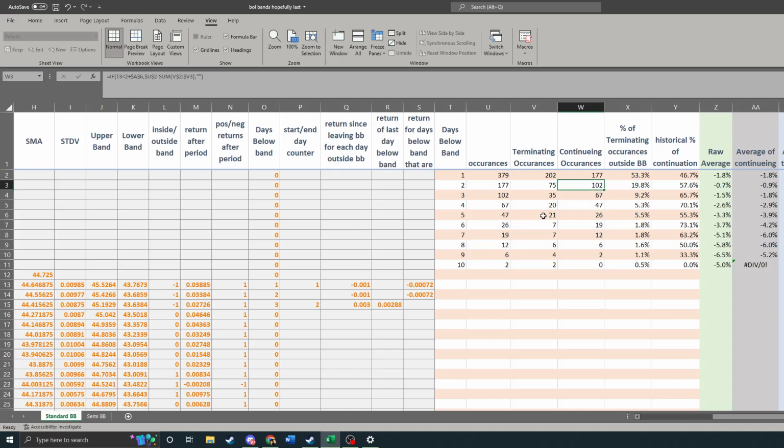And then to the right of that is the percent of terminating occurrences outside the Bollinger Band. So this is pretty simple. It's just 202 divided by the total number of occurrences. So this would give you a percentage of how many times it's going to go outside the Bollinger Band and just go straight back up. So historically, with a 10-day moving average, that accounted for half of all the occurrences of going